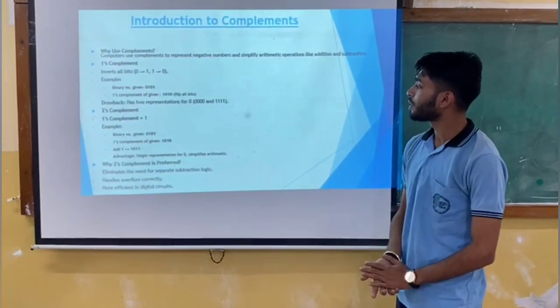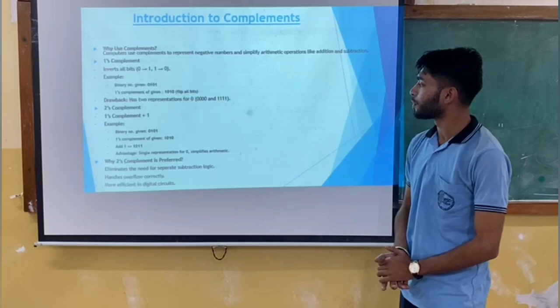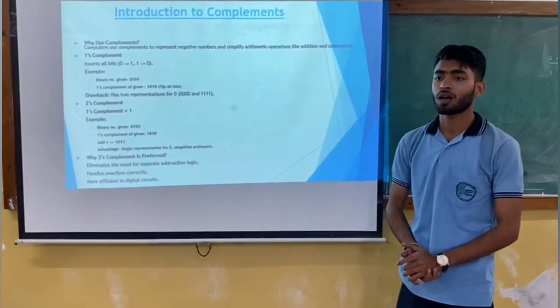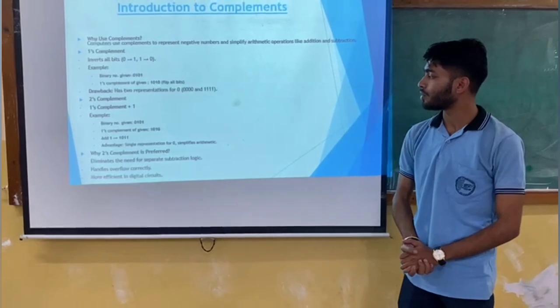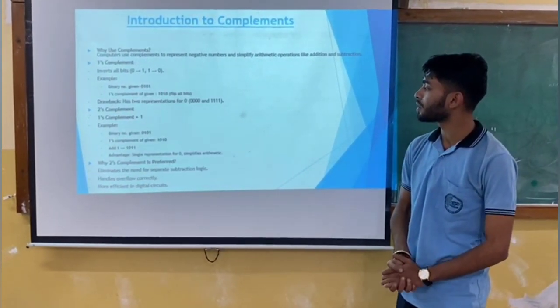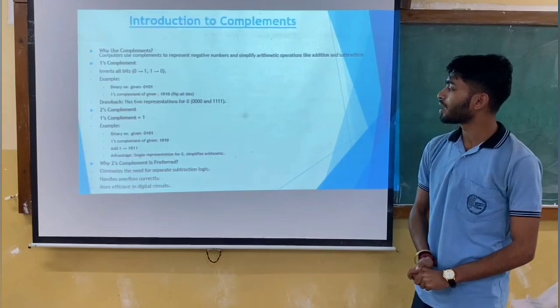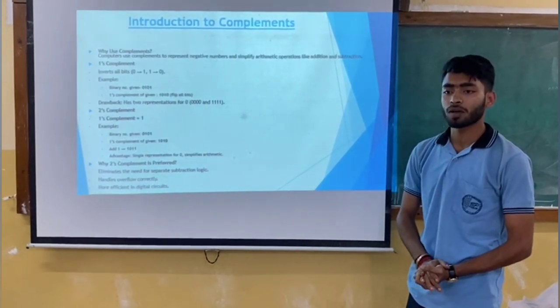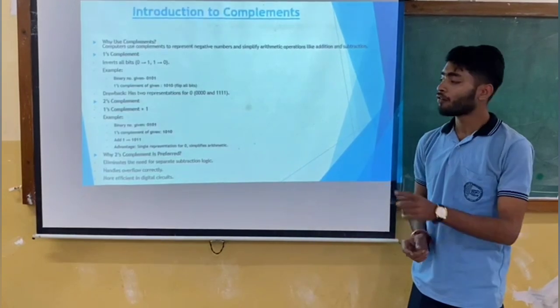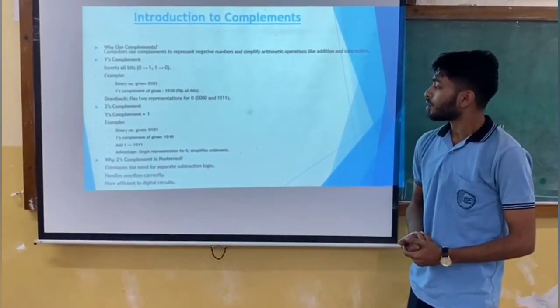And then coming to two's complement. Two's complement is nothing else, just adding 1 to the resultant to get the value. For example, if the given binary number is 0101, we get the 1's complement as 1010. Now for 2's complement we need to add plus 1 to the resultant. So we get,